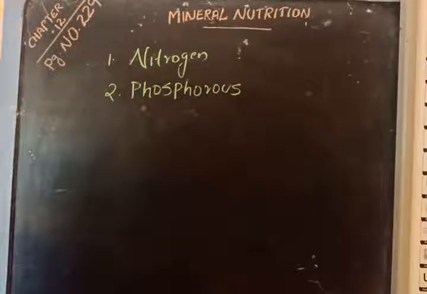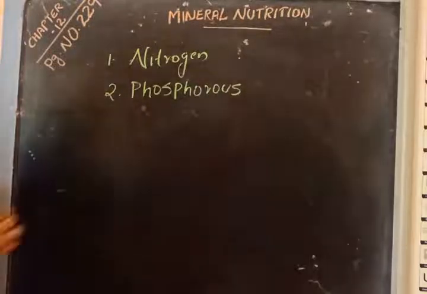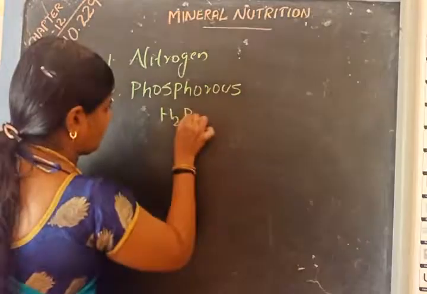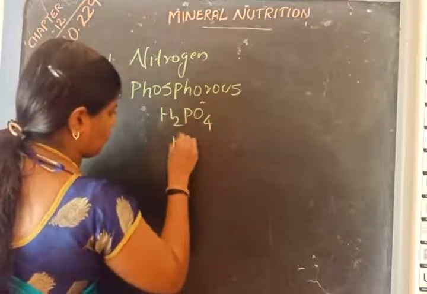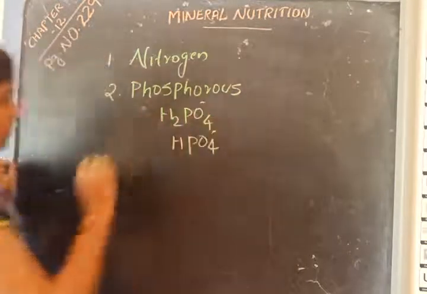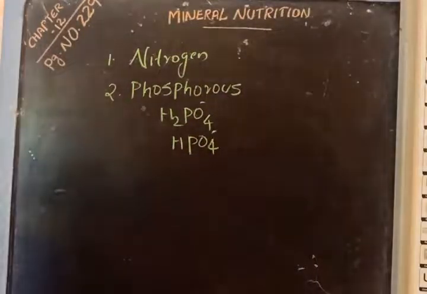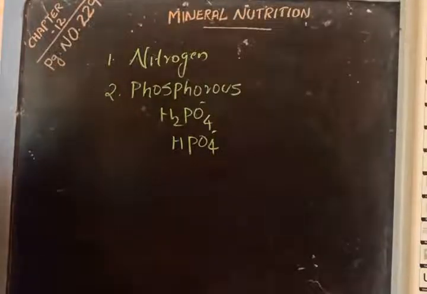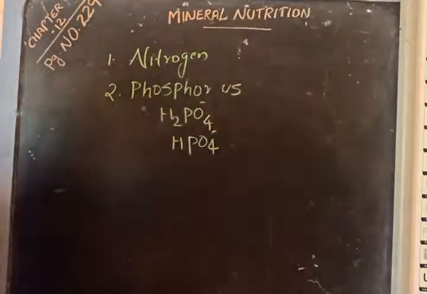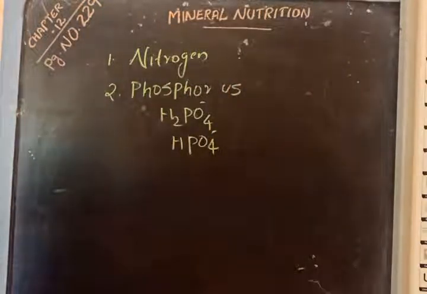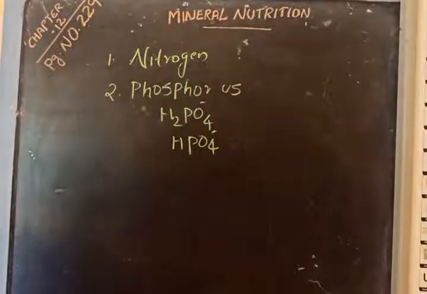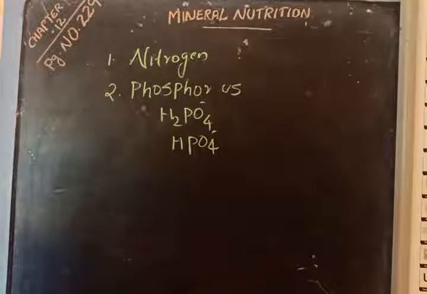It is absorbed as H2PO4 minus or HPO4 minus forms. The deficiency symptoms of phosphorus are stunted growth, anthocyanin formation, necrosis, inhibition of cambial activity, and effects on root growth and